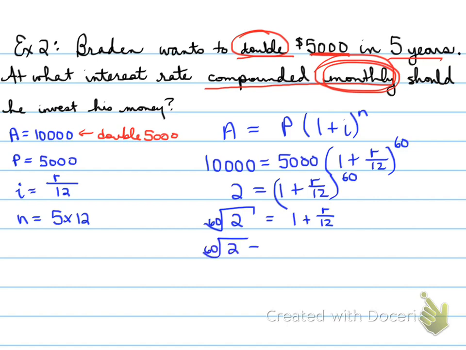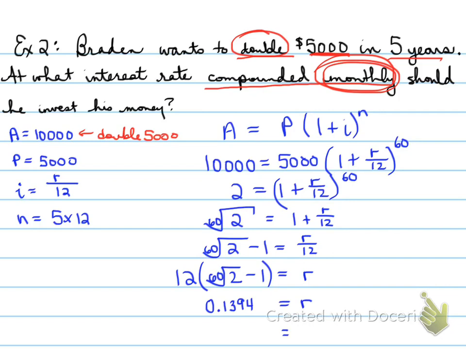Notice I haven't touched a calculator or asked you to touch a calculator, folks. And that is because we're isolating for R first. So we're going to subtract 1, and that is equal to R over 12. Once I do that, I take the 60th root of 2 minus 1, and I put that in brackets, and I multiply that by 12. So R value, the final R value, is going to be